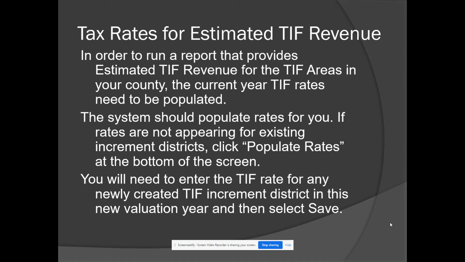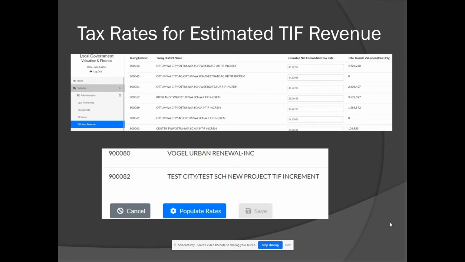In order to run a report that provides estimated TIF revenue for the TIF areas in your county, the current year TIF rates need to be populated. The system should populate those rates for you, but if the rates aren't appearing for any reason for existing increment districts, you click Populate Rates at the bottom of the screen. You would need to enter the TIF rate for any newly created TIF increment districts in the new valuation year and select Save. So this is just a reminder that you will run into errors if you haven't done this step in the process, and it is really to allow for the generation of the estimated TIF revenue